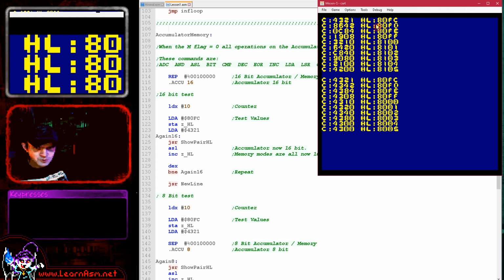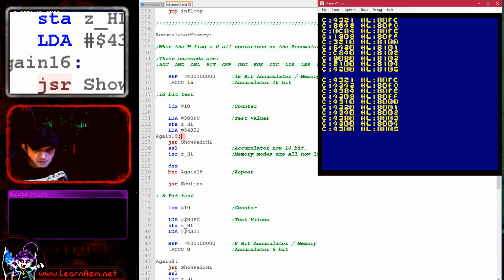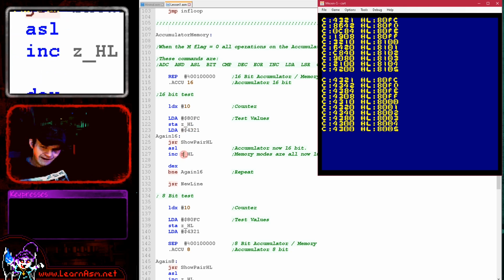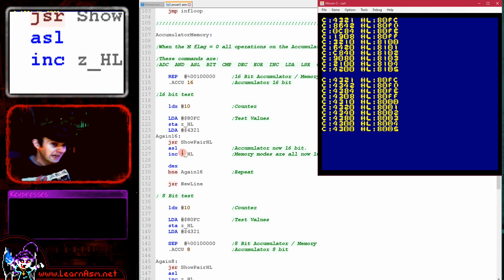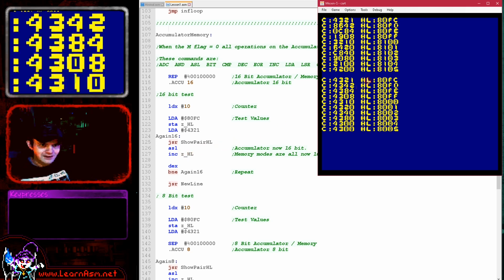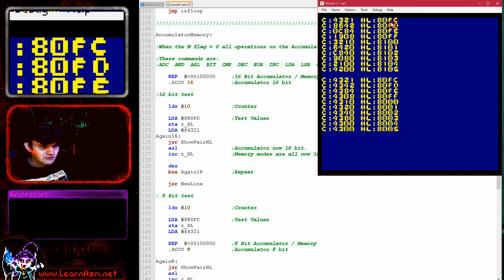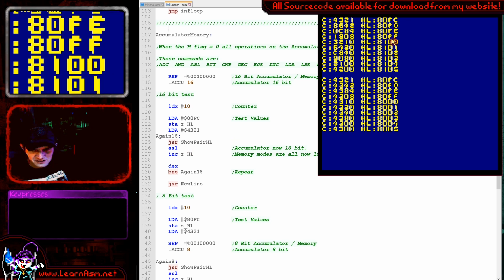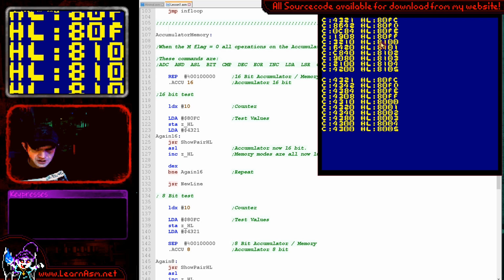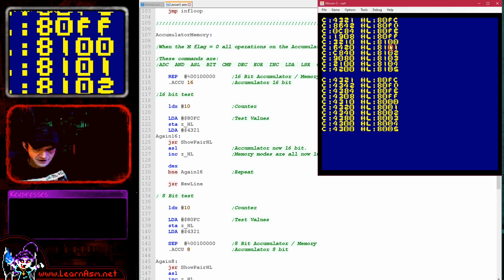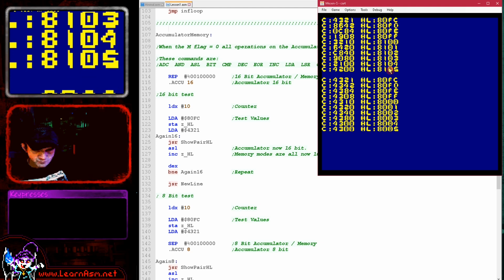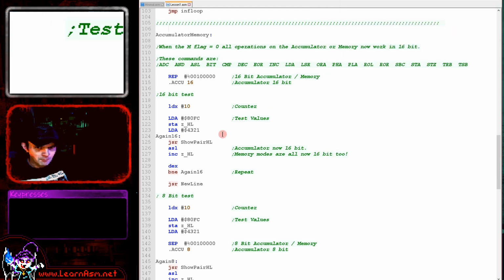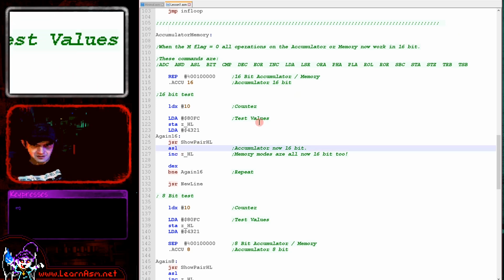On HL, which was our 0-page entry, our inc commands are now working at 16 bits, and this is what it means by memory. Our inc command isn't working on the accumulator, it's working on the memory, but those memory commands are all now 16-bit. So you can see here that as we did A2FC, A2FD, A2FE, A2FF, well, after our 0-page entry HL went up over FF, it became 81 here. So you can see those commands are all working in 16-bit on memory,